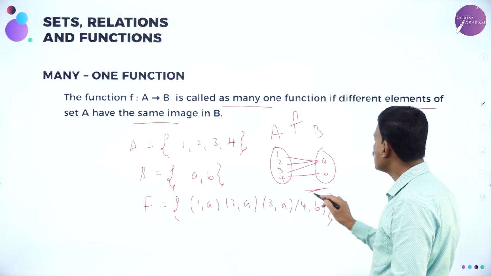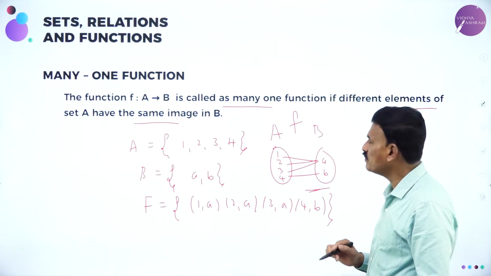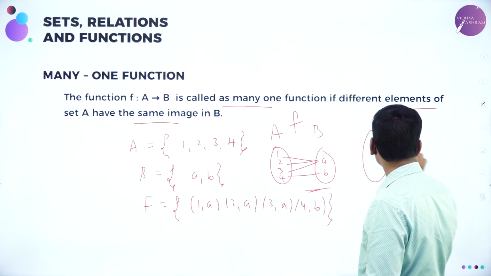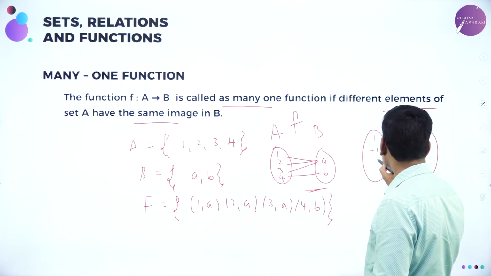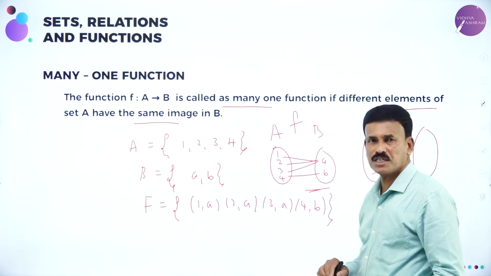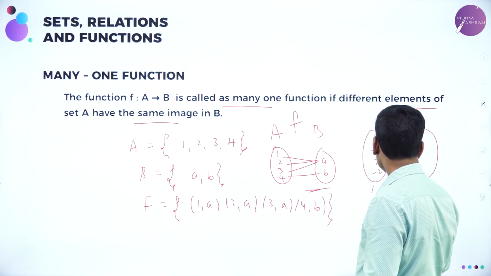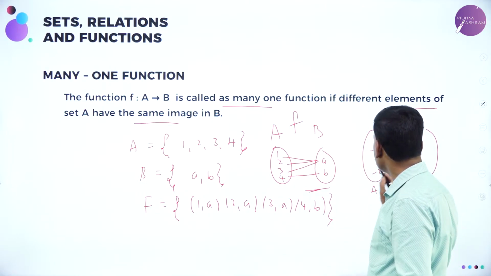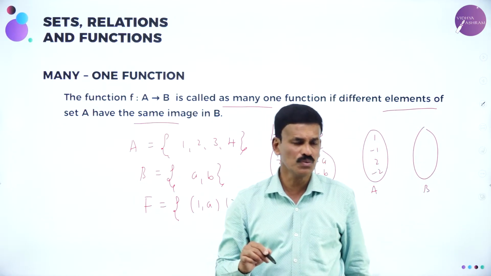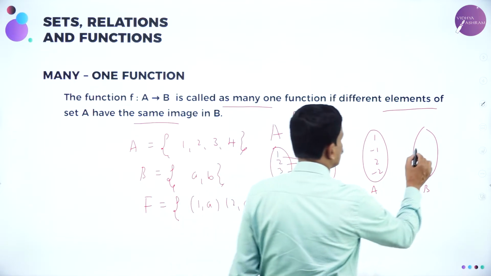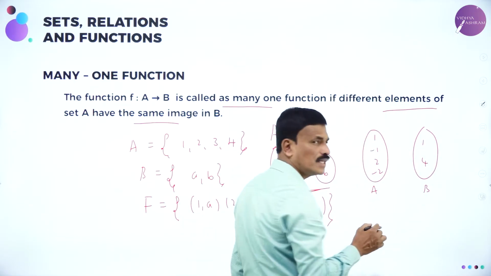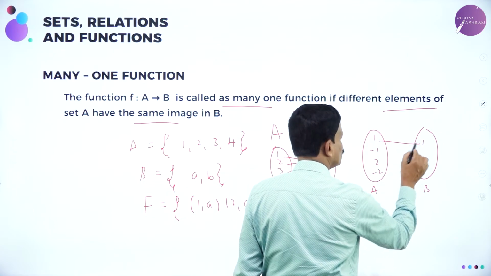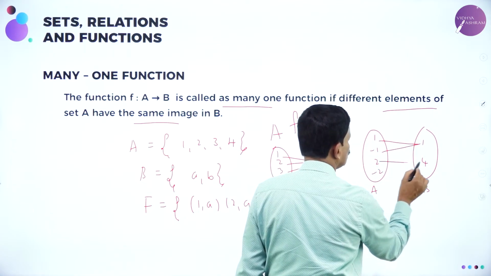So that is why this is called an example for a many one function. Let us take one more example. Let us write 1, minus 1, 2, minus 2. Set A contains 1, minus 1 and set B contains 2, minus 2. Then here this is 1 comma 4. So let us map like this: 1 to 1, minus 1 to 1, again 2 to 4 and